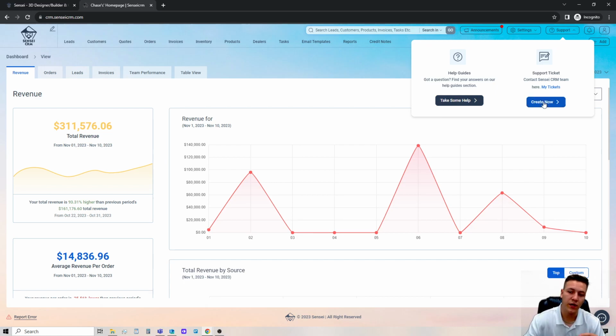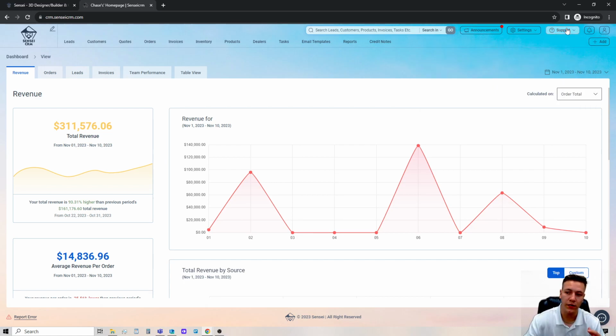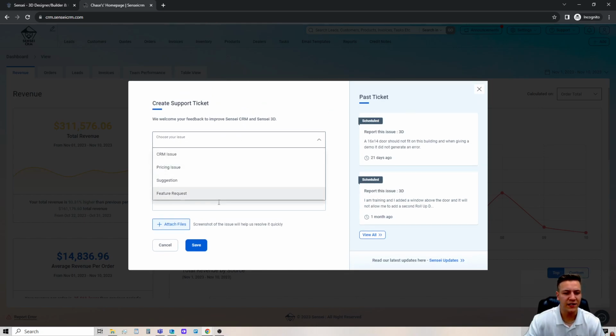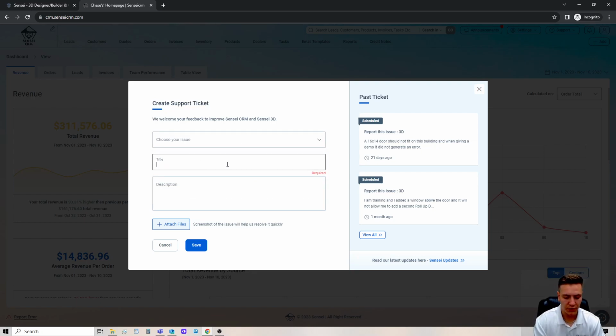But additionally, we have the support ticket that you can click create now, choose an issue, and guys, it doesn't have to fit in any of these issues. It helps to be as specific as possible with that selection, but you can give it a title and description. So if you want to do, for example, pricing update, roll-up doors will now be 10% more expensive, and you send that to our team, that'll actually get it sent